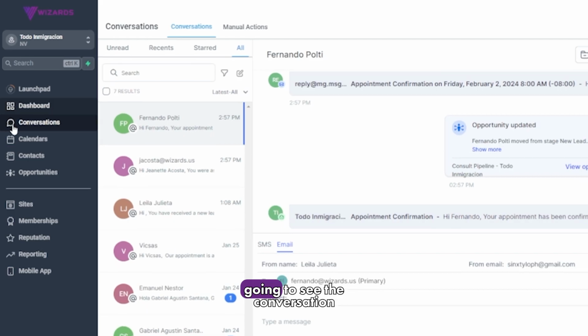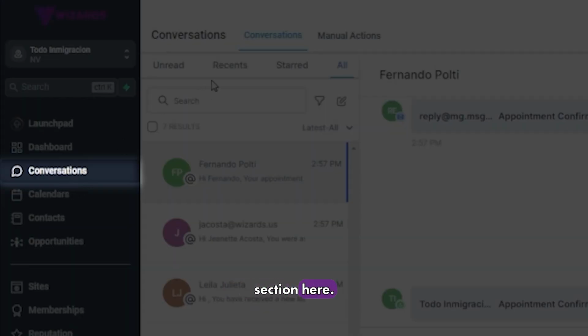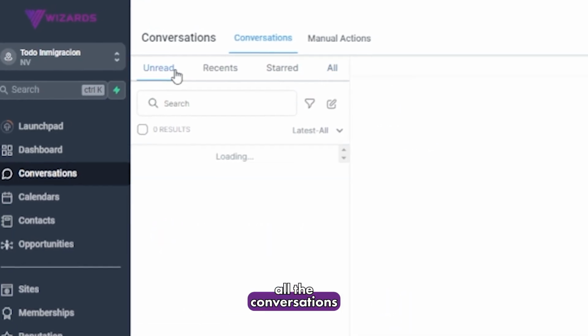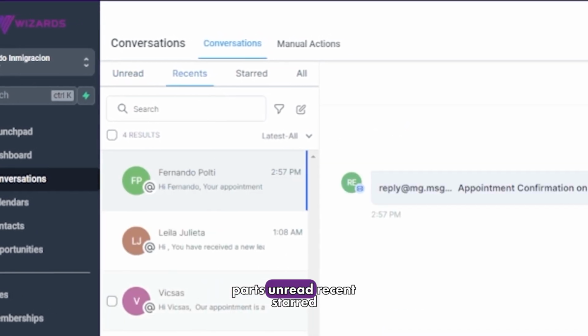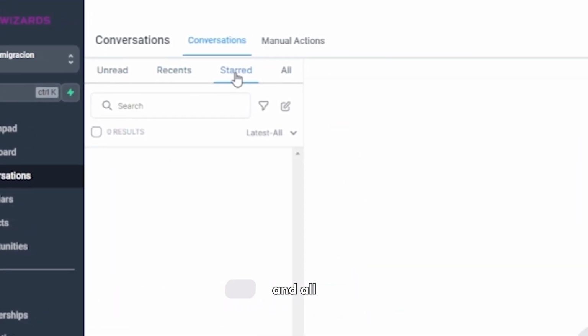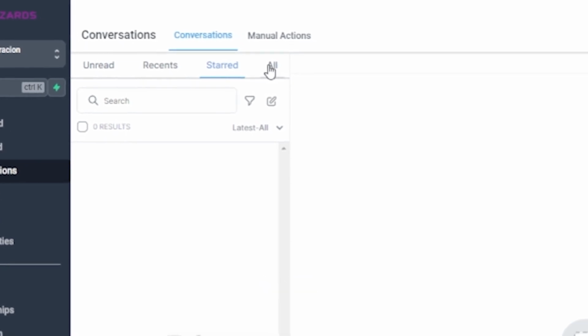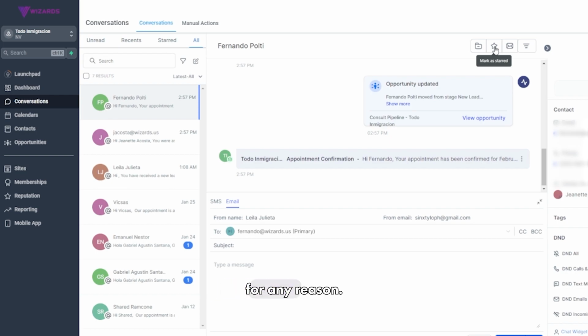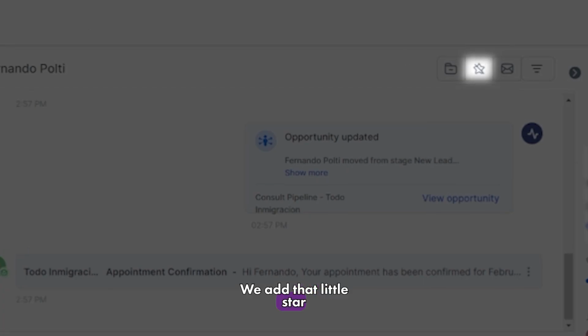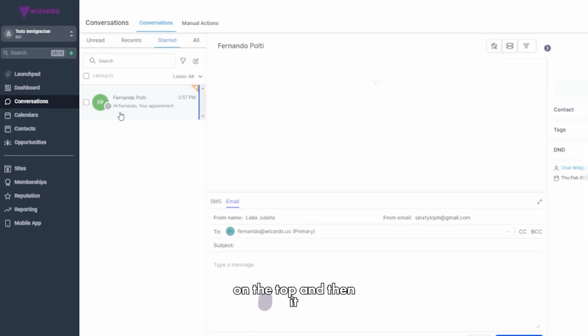In this chapter, we are going to see the conversations section. Here we can see and follow all the conversations with our leads, and they will be divided in 4 parts: unread, recent, starred, and all. To highlight for any reason, we add that little star on the top, and then it will be displayed in